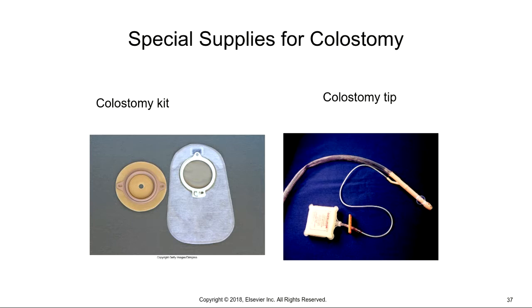So sometimes when there's disease or tumor or an inflammatory process, they'll actually take a section of the large intestine and they'll remove it, or they can alter it. And it says that once they do that, they'll usually bring the terminal end of the intestine to the anterior surface of the abdomen, where they make an artificial opening, and that opening is called a stoma. And what they'll do is have the terminal portion of the intestine come through that opening, and